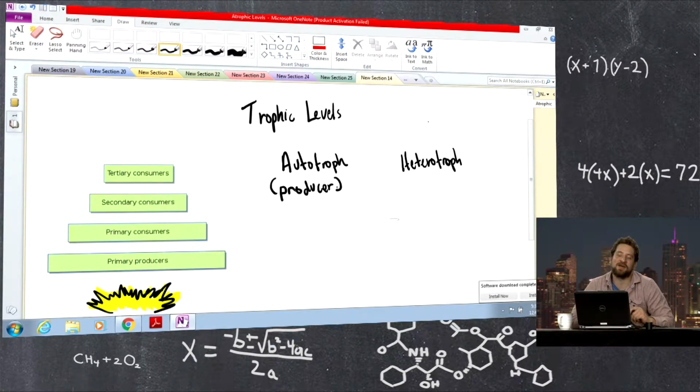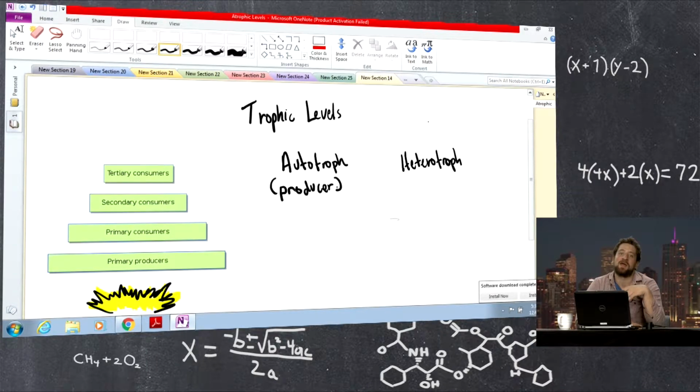In autotroph, the section of the word auto refers to self, and troph refers to feeding, so it's a self-feeding organism. And if that sounds a little bit strange to you, it's actually fairly common. All plants are producers or autotrophs. They're able to photosynthesize using energy from the sun to convert carbon dioxide in the air and water that they absorb through their roots into glucose sugar, which they then are able to use for energy and store for energy as well. So plants and certain other types of organisms are producers because they produce their own food, also called